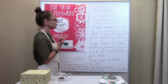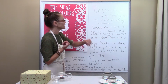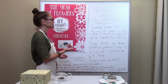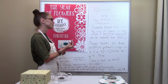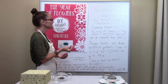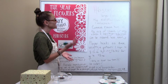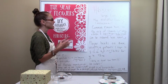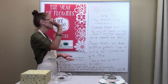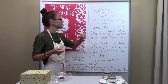And then the leaves dry really well and they have a light flavor. And again, we're still talking about the cousin Rose of Sharon right now. And they make a really nice carrier for stronger teas. If you just want to carry a really potent, strong flavor, or maybe a really expensive herb or botanical that you're trying to stretch, you can use the dry, cut and sifted Rose of Sharon leaves as a carrier, just like we would use jojoba oil or almond oil as a carrier oil for a volatile concentrated essential oil. So this would carry a botanical, the leaves, kind of like a carrier oil would carry